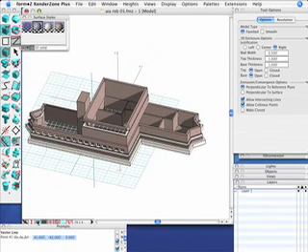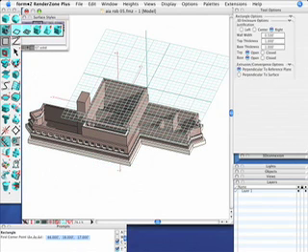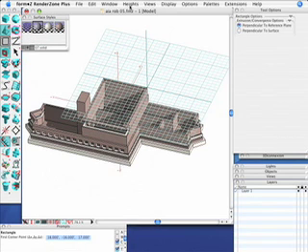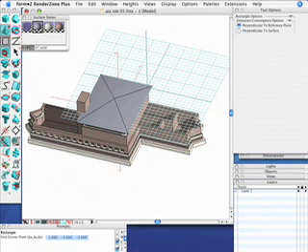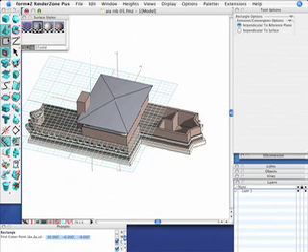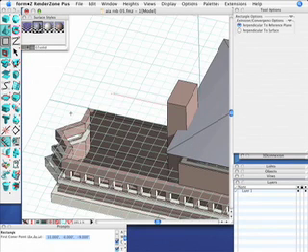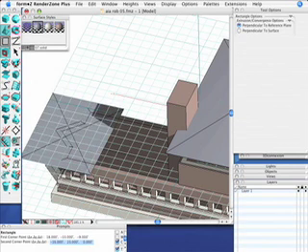How about a roof? Let me move my reference grid up to the top of that top floor, and I'll use a rectangle with a convergence object type. So that means as I draw the rectangle, it's going to come up to a point, so that'll make a nice hipped roof there. I'll do the same thing on the first floor. This will be slightly different. I'll draw the same kind of a shape